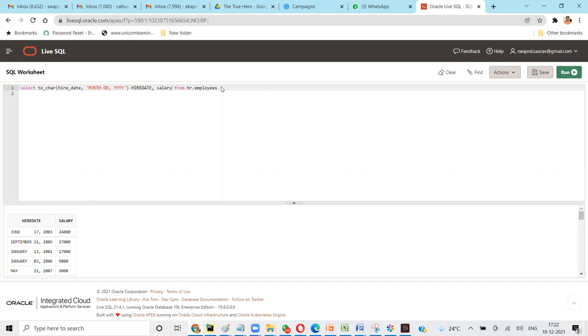Now let's say in salary also we want to add, let's say, dollar, right? So I will again put toChar here, convert into the format toChar, and I say salary, and I say comma here, and I'll give that format as a string. So here I'll say dollar, okay, 99999. Okay, generally we give 999. Okay, you see this dollar added here.